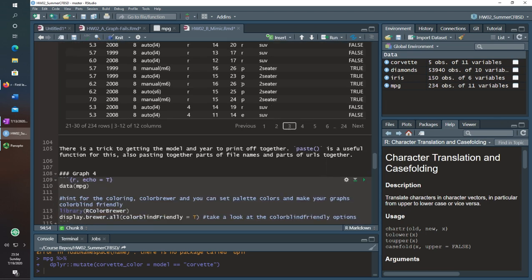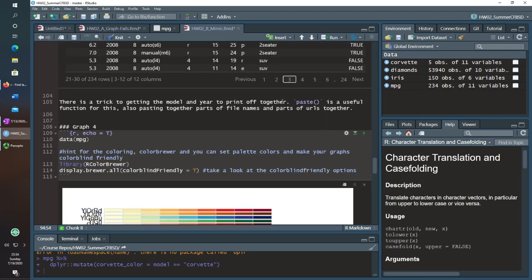So, all right, paste. Paste is very useful. I'll show you examples of how to do it with file names and parts of URLs together. For example, if you had to download multiple files and the URLs are very similar, but you have to change one part. I'm a cancer person, and so sometimes I download data from the TCGA, and sometimes the data is the exact same that I want, but I want the breast cancer data set, and then I want the prostate cancer data set.